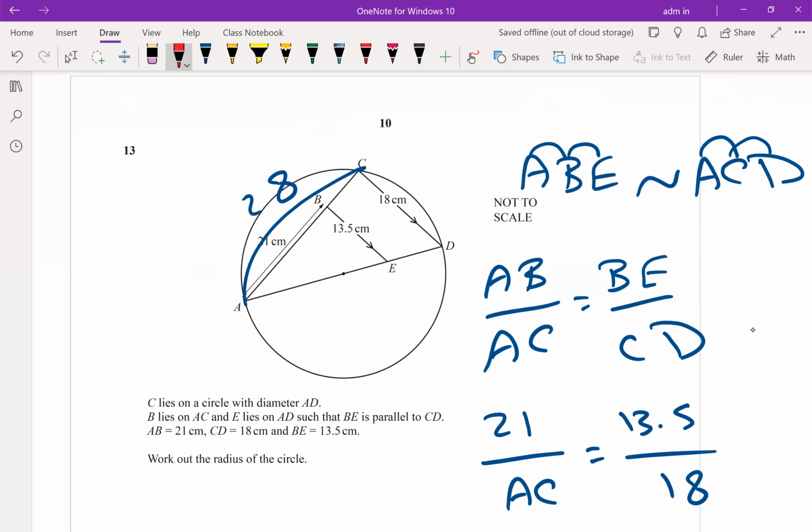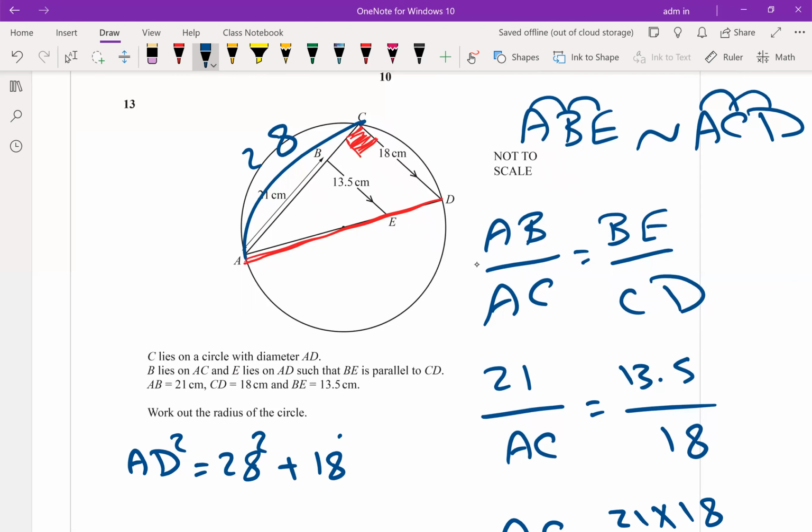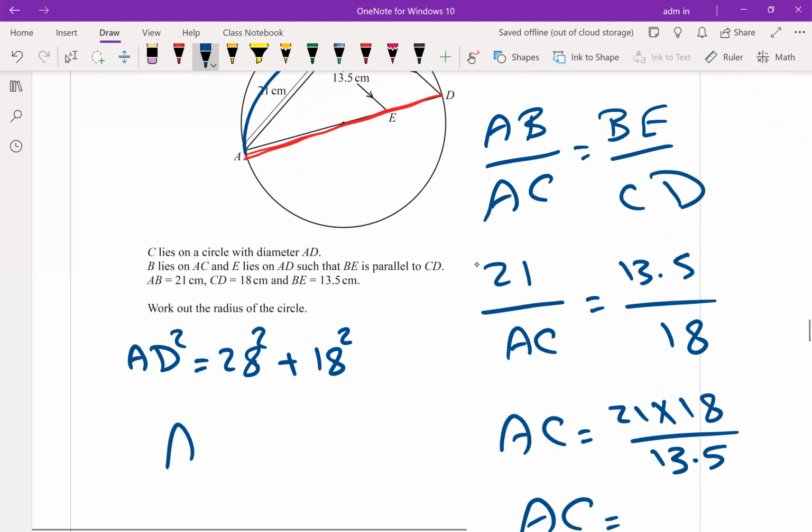How can I find AD? Pythagorean theorem. Why can you apply the Pythagorean theorem? Where is the 90 degrees triangle? Bravo. ACD is 90 degrees, angle in a semicircle, opposite to the diameter of the circle. So AD squared is 28 squared plus 18 squared, and after taking the square root, AD is